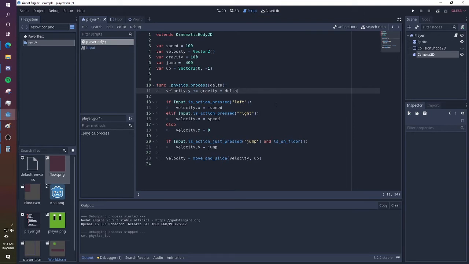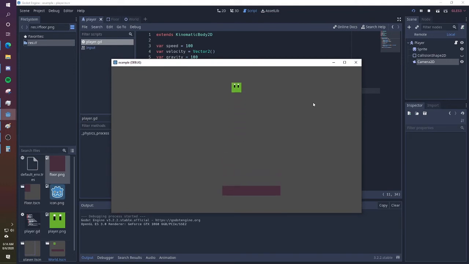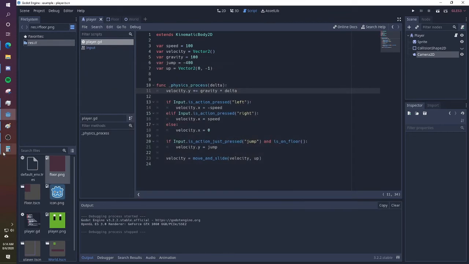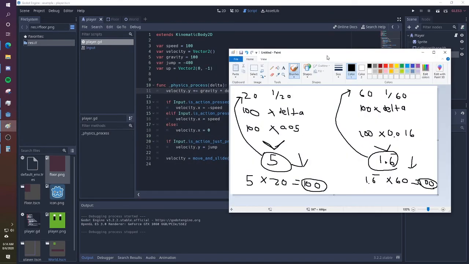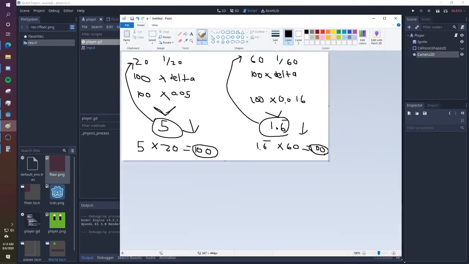Now if we just play this, we're going to see a problem. We're going to be flying up because there's not enough gravity now to be pulling us down as fast as we want. And that is because, in this case, originally,